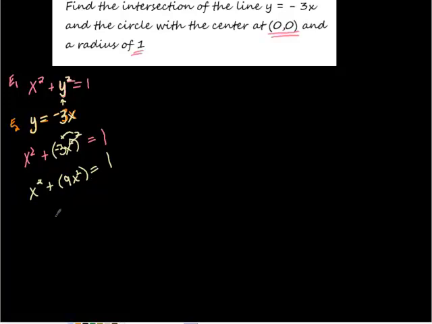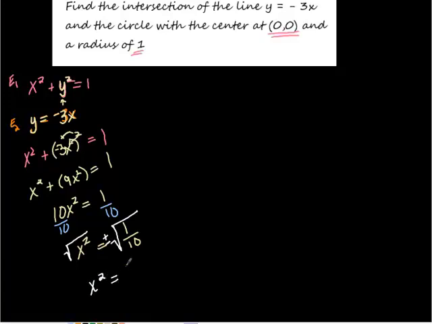x squared plus 9x squared is 10x squared, right? 10x squared is equal to 1. That's just me simplifying. I'm going to divide both sides by 10, leaving us with x squared is equal to 1 over 10. Now we're going to take the square root of both sides. Remember, when you take an even root, you end up with plus or minus. So we get x is equal to